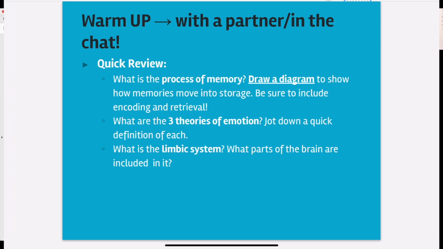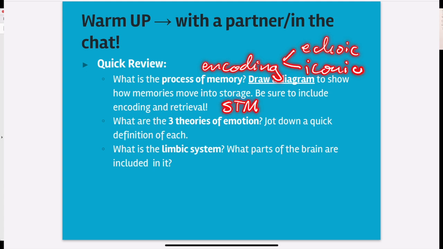Okay, so the answer to number one, the first stage in memory is encoding. We encode iconic memory or echoic memory, visual or auditory. With that sensory memory, we have the initial encoding. If we practice it over and over again, it gets moved into storage, the first storage being short-term memory. If we continue to repeat that information, eventually it gets moved into long-term memory, which is where we hit retrieval